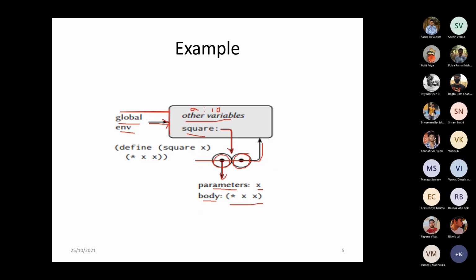Fine. So this is with respect to the definition part. I have defined a variable A, and I have defined square. Based on the definition of these two, this is how it is represented.